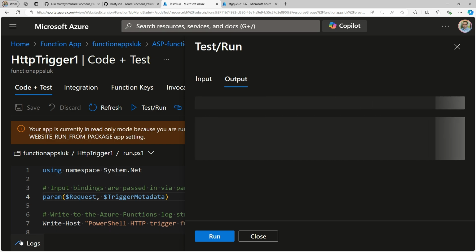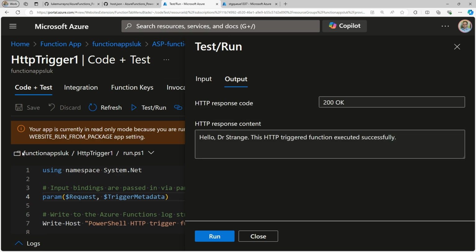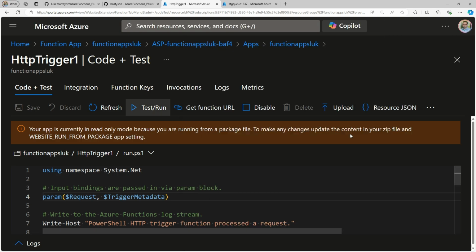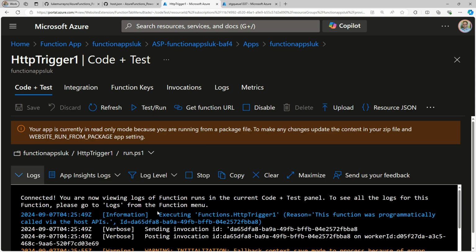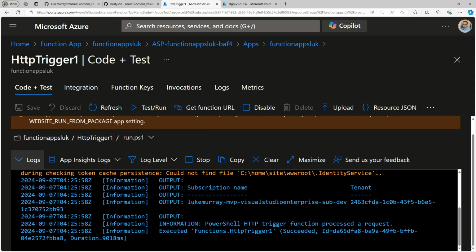One thing I want to point out as well is when you run it, that's outputted a 200 response, and then "Hello, Dr. Strange, this HTTP trigger function executed successfully." So now we're running it from the Azure platform, not locally using the Function App Core Tools like we did earlier. One thing worth pointing out is when you're in the Code + Test pane, you can see the logs here